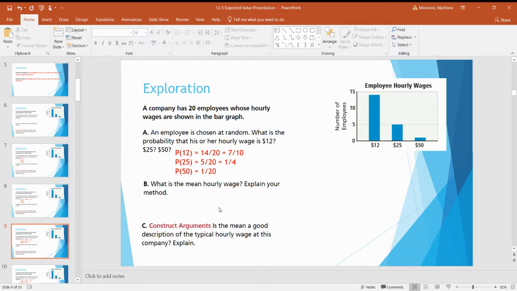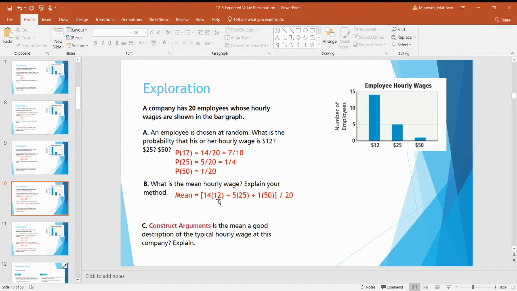Now we remember that mean is we add up all of the salaries and we divide by how many people. Now, hopefully you didn't fall into the trap of, well, there's 3 different numbers, so I do 12 plus 25 plus 50 divided by 3. We need to weight the averages, so we need to do 14 12s. Now, if you wrote 12 plus 12 plus 12 plus 12, you wrote 14 times, okay, that will work. But that's just a lot of work. It's a lot of writing, and we don't really want to do that, so we use multiplication to represent